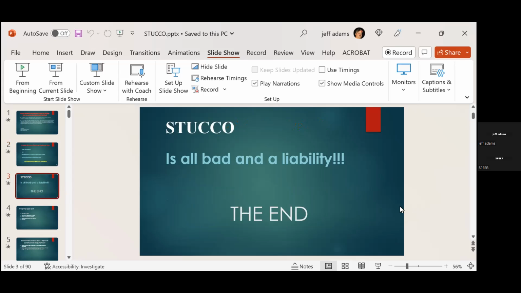So that's the end of the presentation. All stucco is bad and a liability, and there's a lot of truth in that. It's a great product when it's applied properly. It's been around forever and ever, and you always hear that, and it has